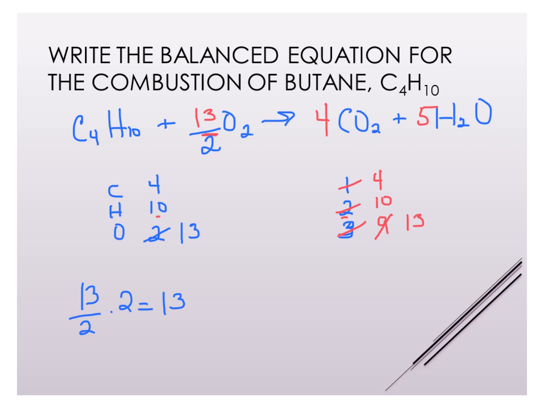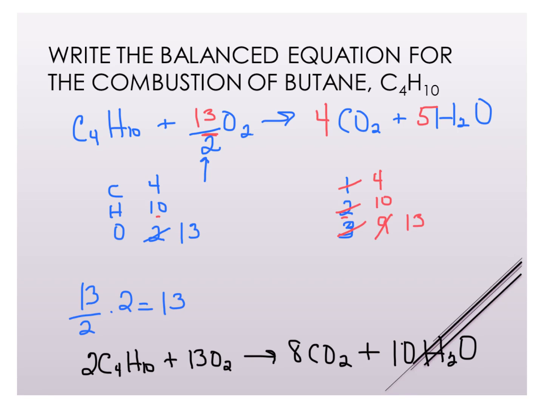However, I don't want to leave that fraction in there, because when we balance an equation, we always want the smallest set of whole number coefficients. But I can't just multiply this number by 2, because that would just change one thing. I need to multiply everything by 2. So I can actually go through and change my coefficients. I'm going to multiply everything by 2. So I have 2C4H10 plus 13O2 yields 8CO2 plus